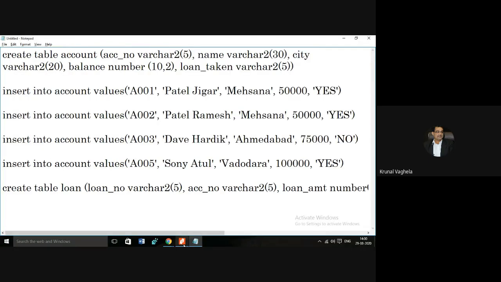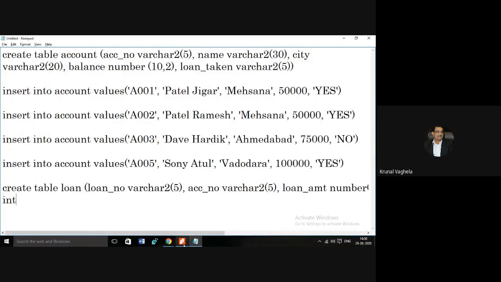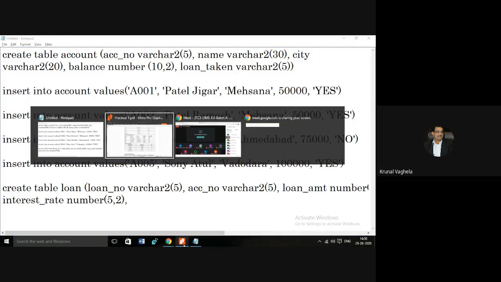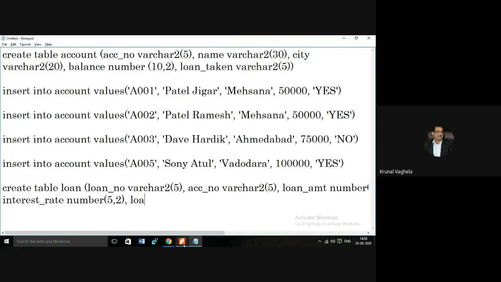Then interest_rate, the data type is also number, size is 5,2, and then loan_date, data type is date.